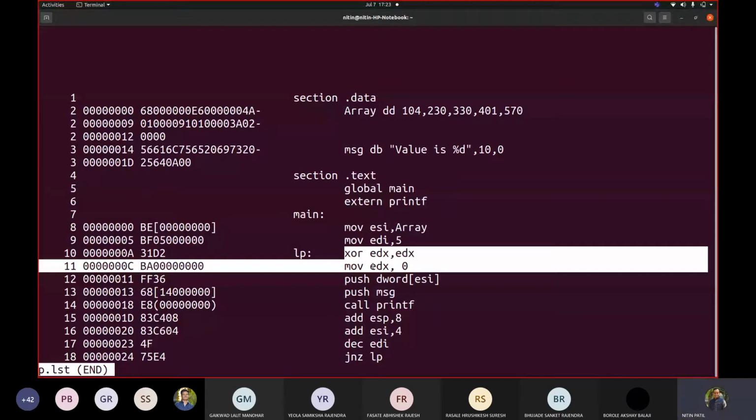Now see here, both of them are going to make the value 0. As somebody was telling me, whenever you XOR a number with itself, the result becomes 0. So that's what we did.